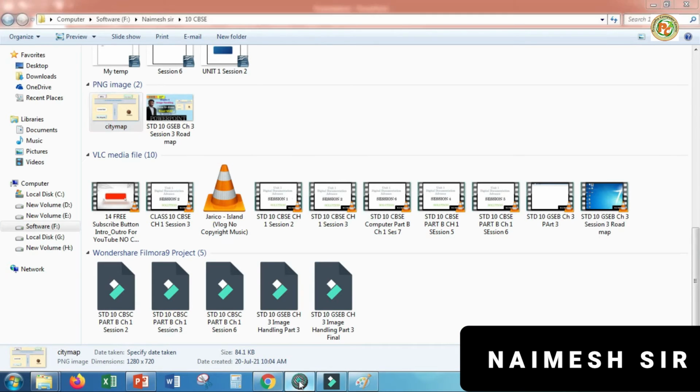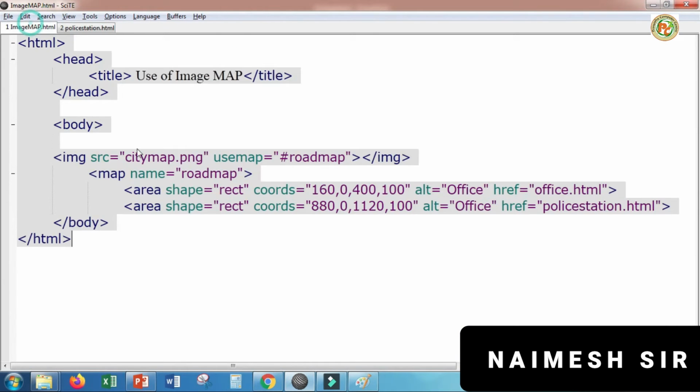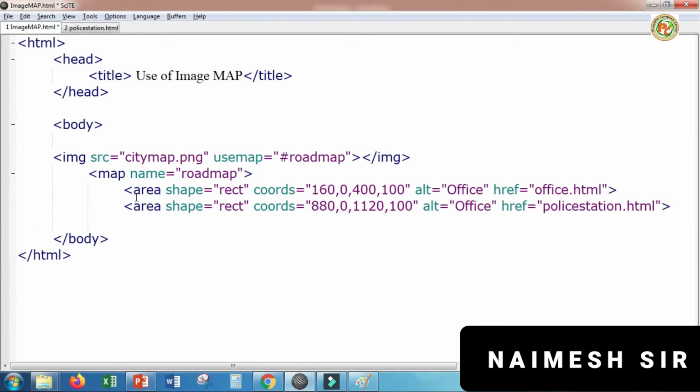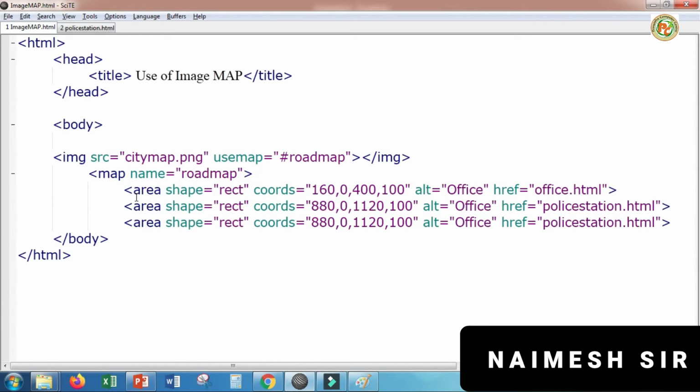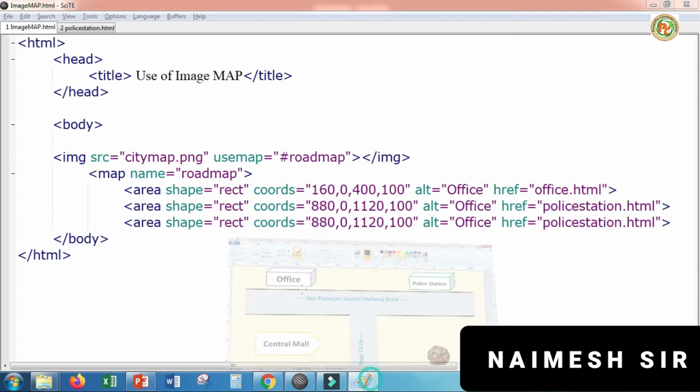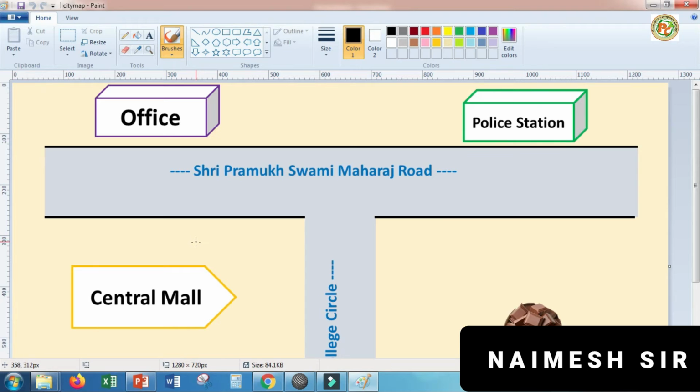So let's start. Click here and go here. Again we will press Ctrl C and paste here with Ctrl V. Now the shape remains the same. What to change here? We have to change the coordinates. It is like a diamond shape, so you can take polygon also. For the polygon we have to keep 5 to 6 steps here, but don't worry, we'll keep rectangle only.